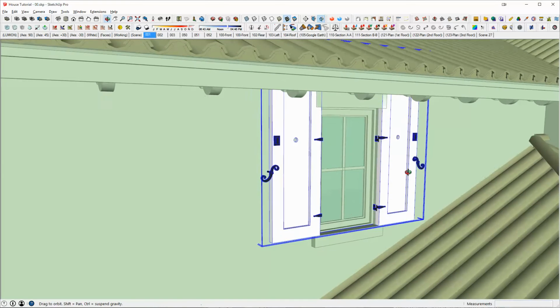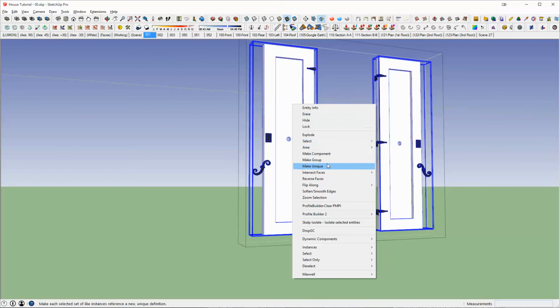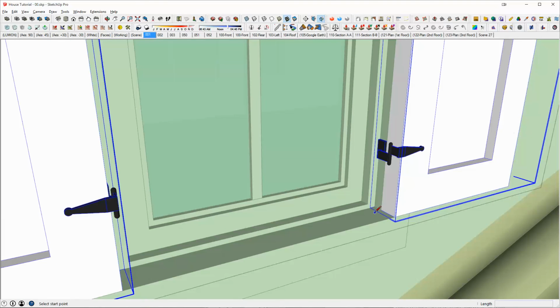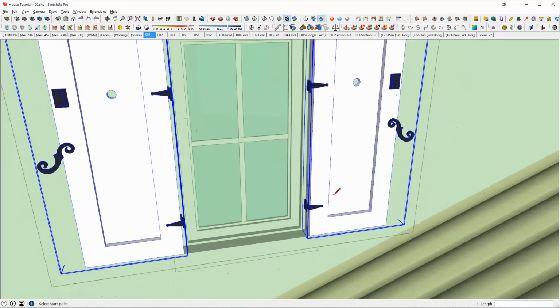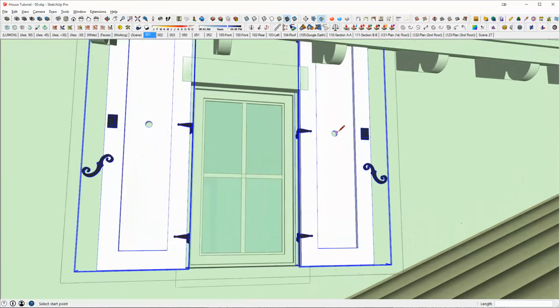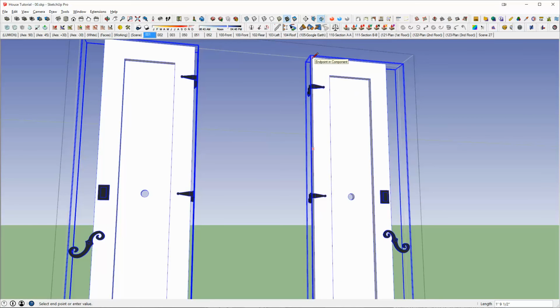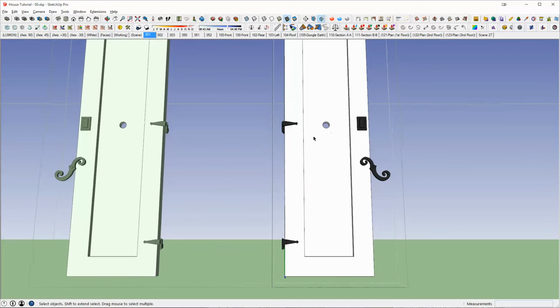And really the importance is come in here. I want to make these guys unique because I'm going to make them smaller. And really what I want to get at is the editing of the shutter to change sizes for whatever shutter you're dealing with. So let's see here, this one is 13 inches and we're currently 18, so we need to bring this in 5, as well as we need to drop it, what was that, 21.5 inches. So bringing this in 5 inches,